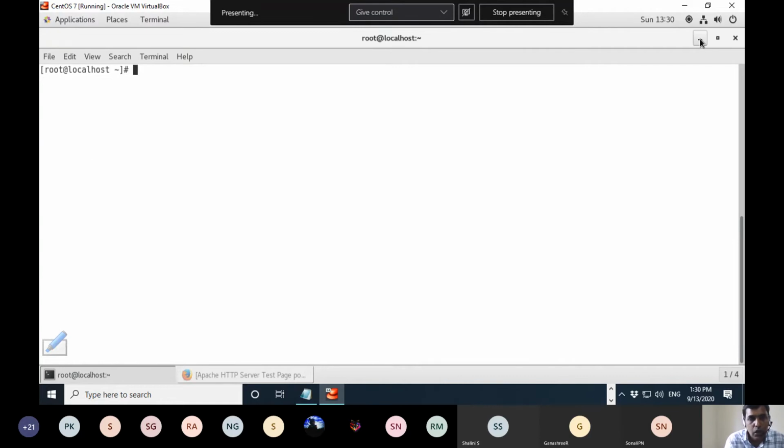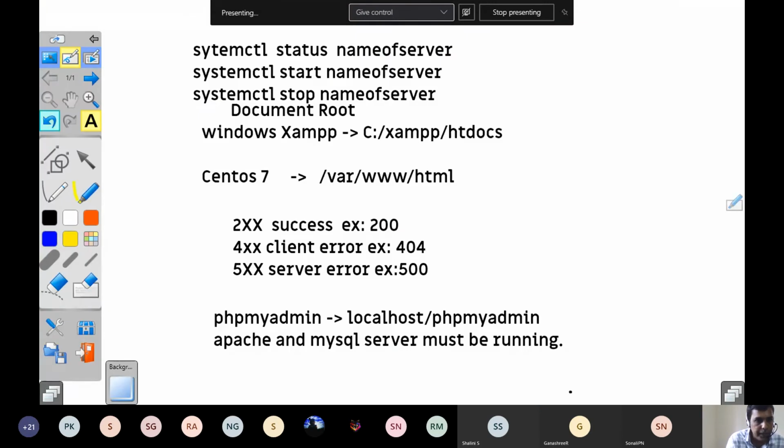you are ready. So now let me see where is the problem. So where is document root? I told you document root in the previous session itself. See, document root on CentOS. On CentOS, document root is the root directory, slash var slash www slash html. That means in root, this slash indicates the root directory, which is the mother of all directories in Linux. So in that root directory, there is var.